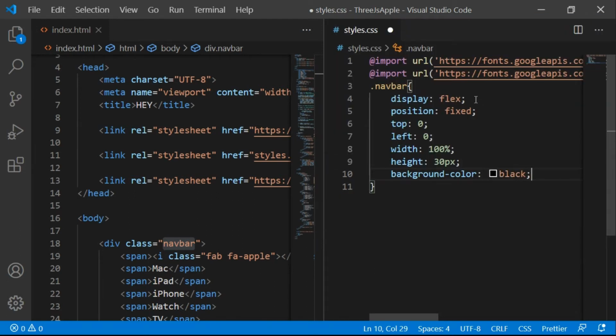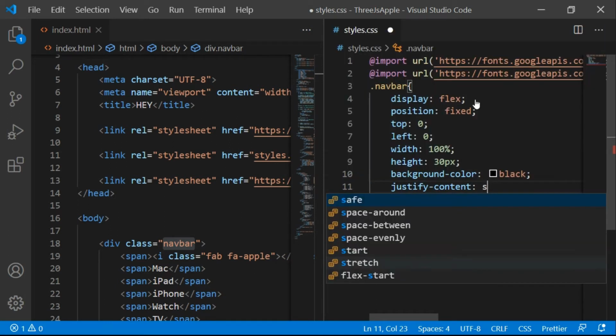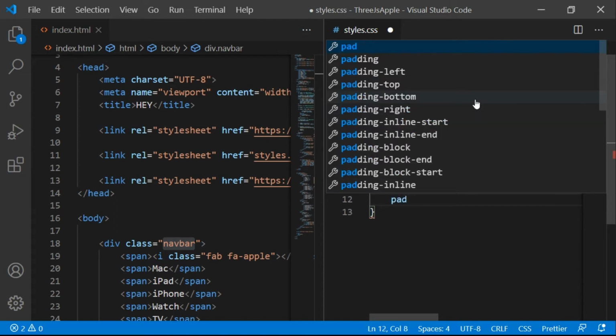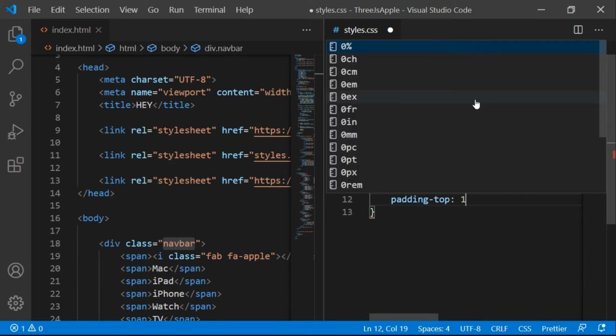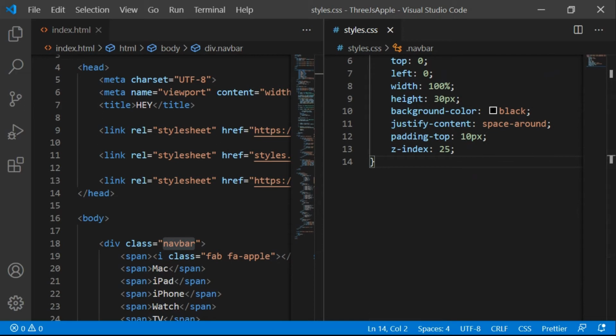Background color will be black. And let's add justify content as space around. Padding top will be 10 pixels and Z index will be 25. 25 will be better because it's a commonly used number.